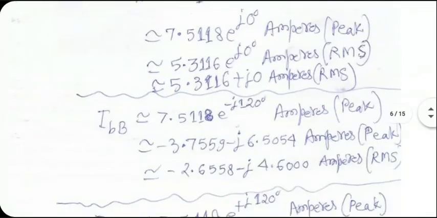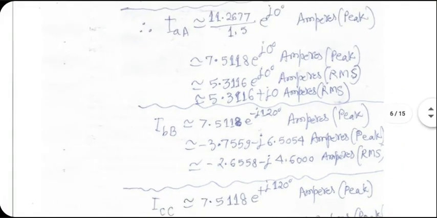In phase B, this voltage has got minus 120 degree phase shift. So you'll have to repeat the calculation with that additional complication. Now the current will have both real and imaginary parts. Although the load is purely resistive, because there is a phase shift on the generator side, in the 3 generators, the phase currents, except phase A current, the other 2 will be complex, I think.